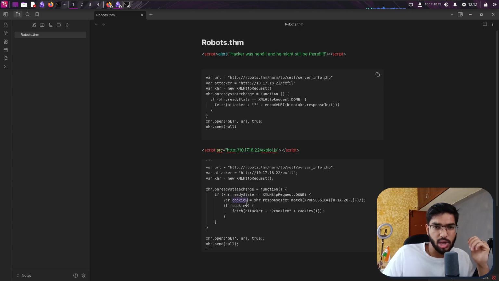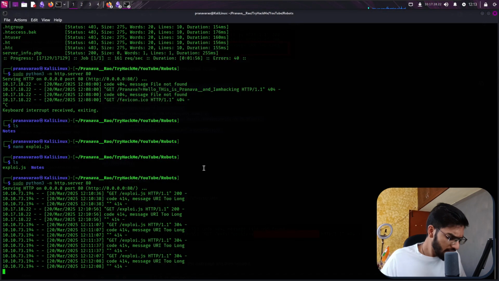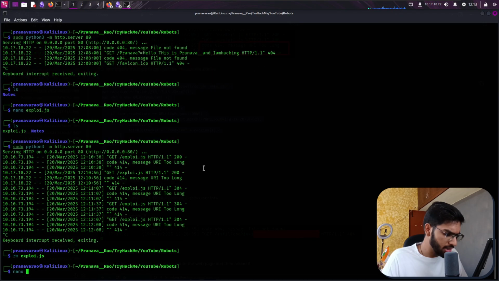And then I'm saying if cookie v is present, fetch it or give the get request back again to the attacker, and then say cookie is equal to whatever content you get from that cookie, or whatever is present in that as a cookie. So I'm just trying to do that. So I'll copy this content which I've modified to only capture the cookie of it, kill this session, and then delete the exploit.js file and write another